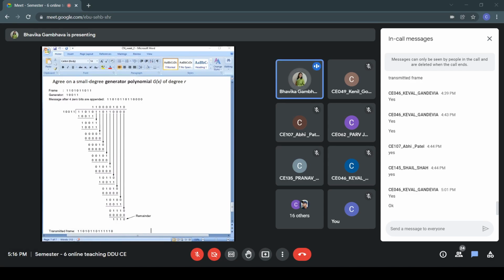Can anyone please tell me how far have we reached? Implementing logic for XOR. Okay. Others, are you doing the same?